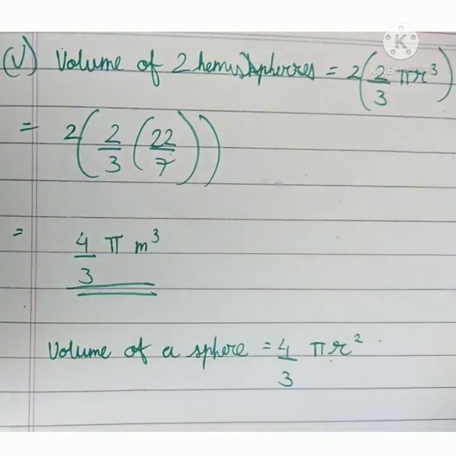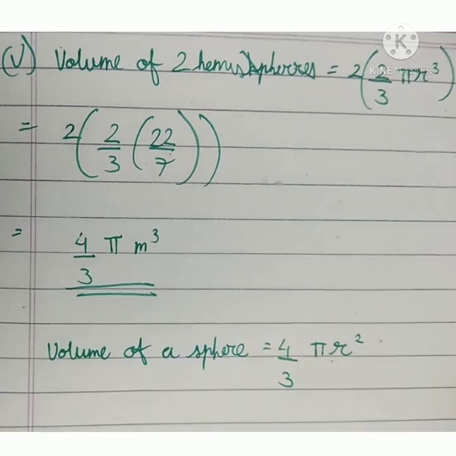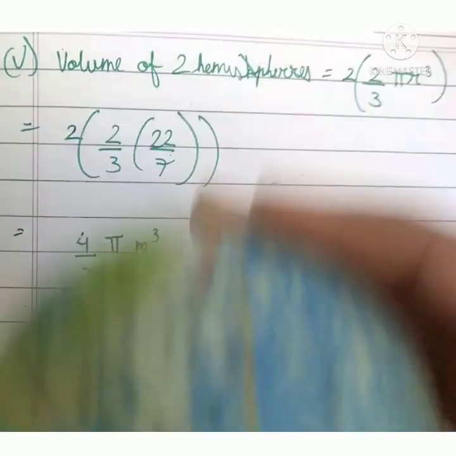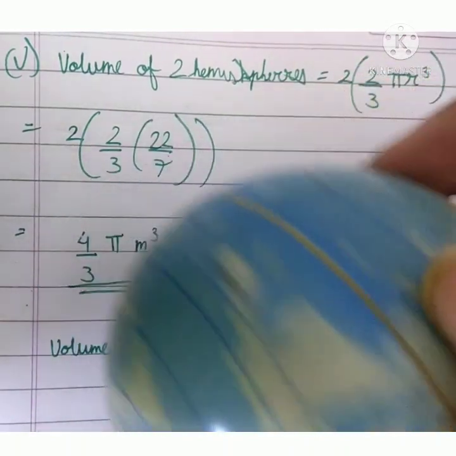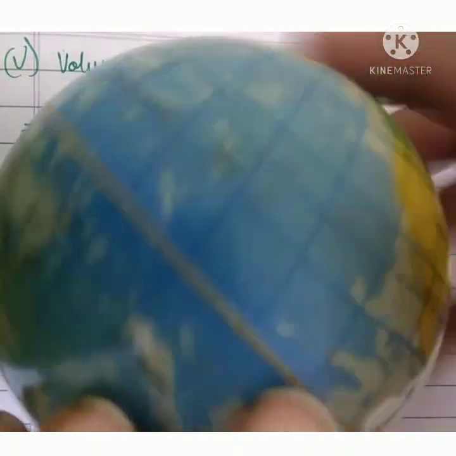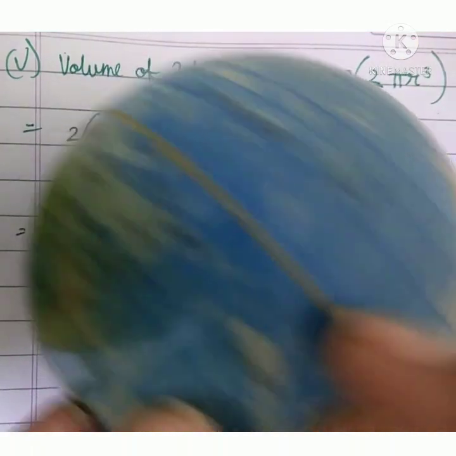See, basically what is a hemisphere? Like if you have a sphere. Do I have any sphere things around? Let me see. Yeah, so let's say I have this globe ball. Okay. So you can see this line can also be called the equator, as we know. Now if we slice this ball from this line, you can see here.